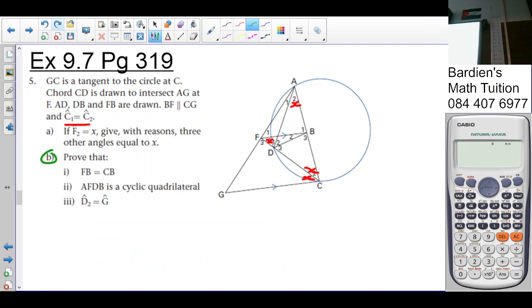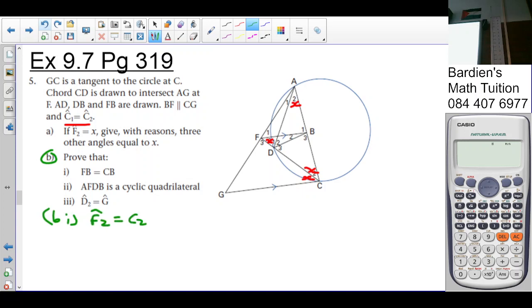Prove that if FB is equal to CB, then what would be deduced from there? That C2 is equal to F2? Not so. The converse is true. If we can prove that F2 is equal to C2, then FB is equal to BC. And looking at the diagram, you already know that F2